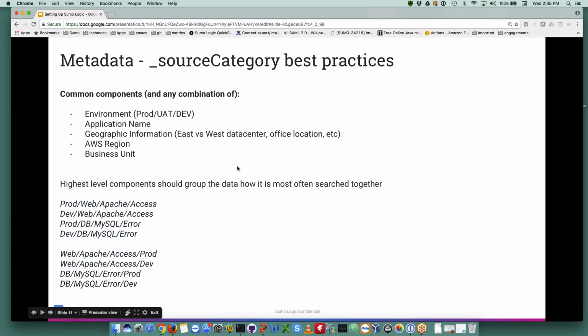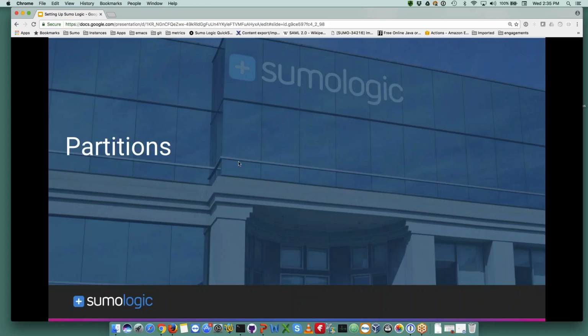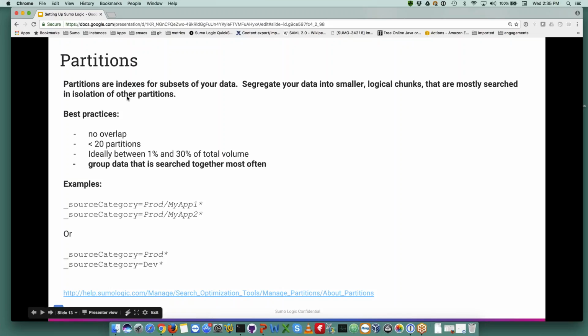All right, then let's look at three more things, and then we can open it up for questions. The first one is partitions. I already alluded to this. This is one of the reasons we're doing the source category design the way we're doing it. Partitions are indexes for subsets of your data. They allow us to segregate your data into smaller logical chunks that are mostly searched in isolation of other partitions. Meaning, as I see in this example, I'm grouping the MyApp data into one index and the MyApp2 data into another index